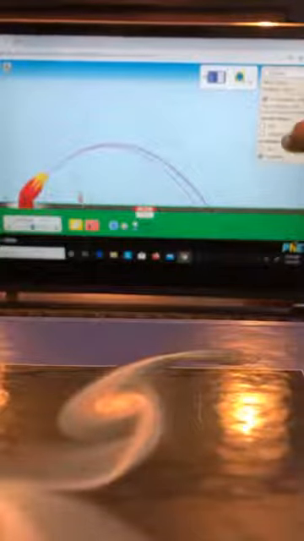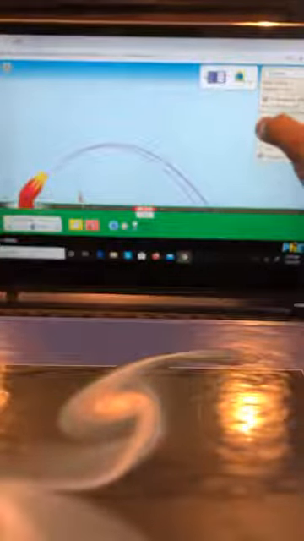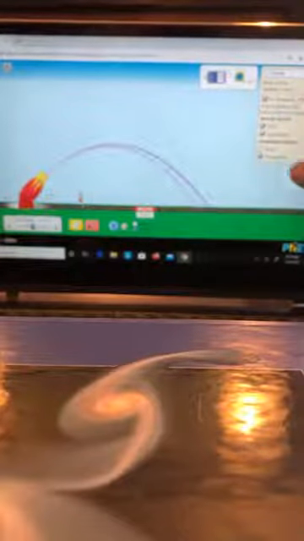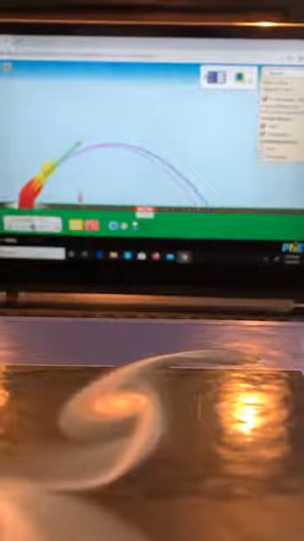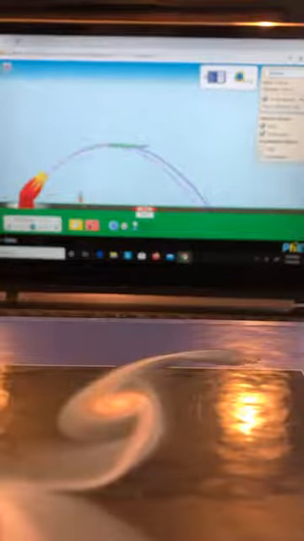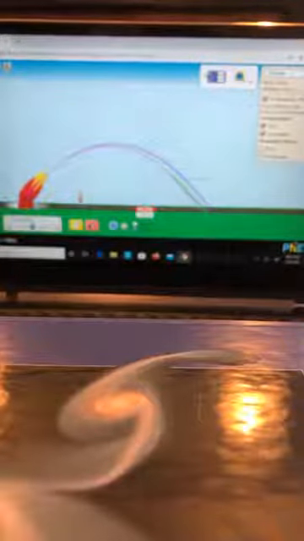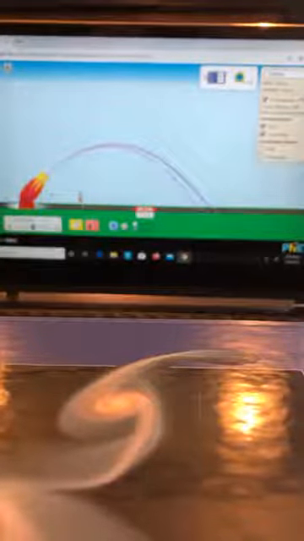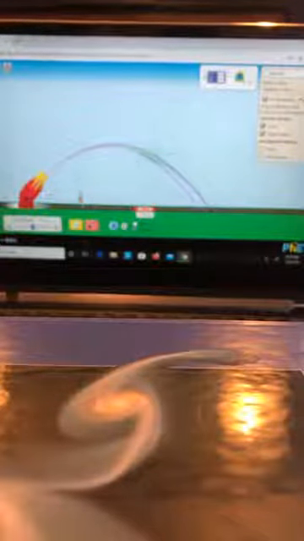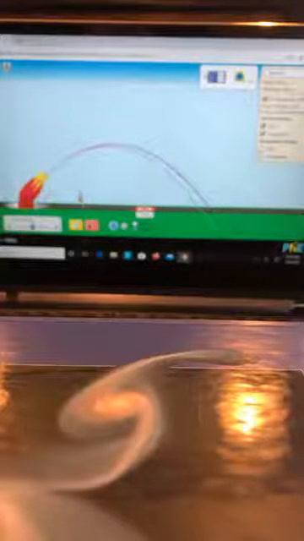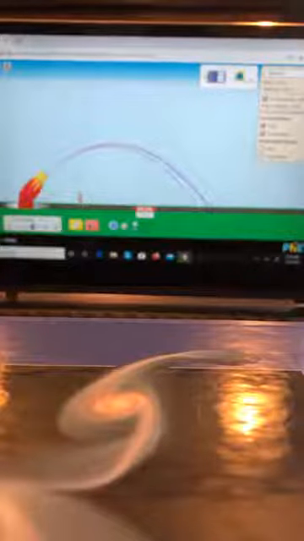So now let's go back one more time to total velocity and component velocities, and let's turn off the acceleration. Let me fire again. See, that big bold arrow is the total velocity, and the other two arrows are components of the velocity. Let's fire one more time and try to understand. The total velocity is always tangential to the path. The other two are the x component, the horizontal component, and the vertical component.